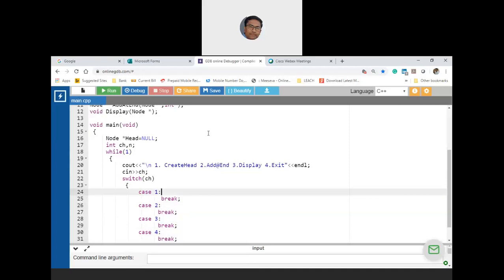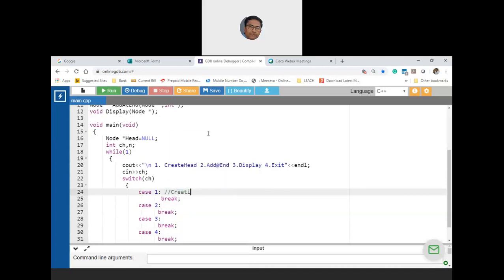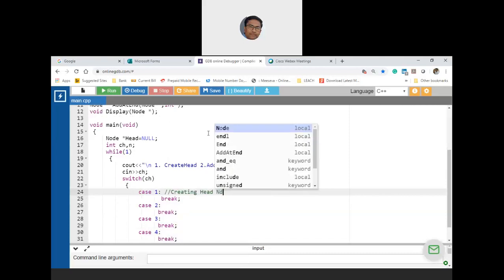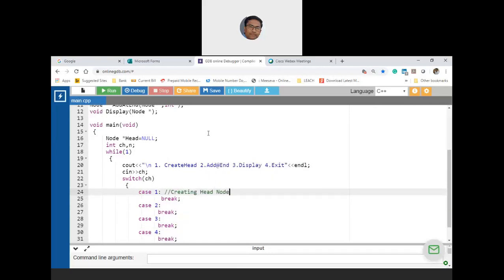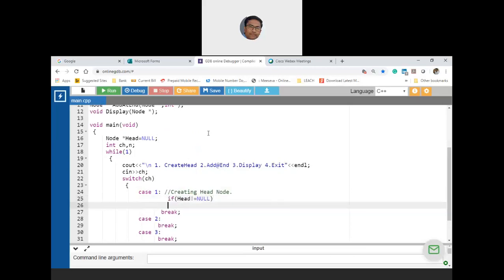Okay. Now let us go into the first one, where you are creating the head node. Since the user is asking to create the head node, first of all check that head is not null. If head is not null, that means head is already there.